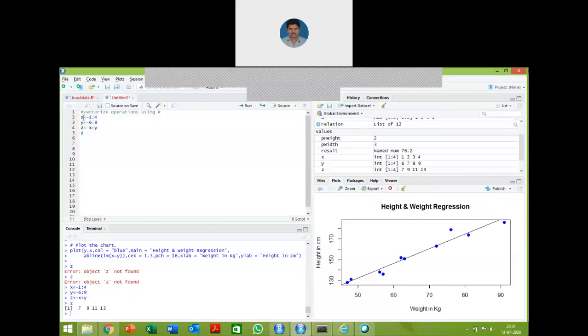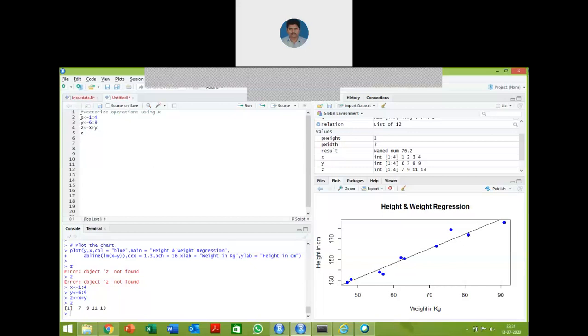In an R script we are unable to directly use the vectors. We use the vectors with the help of a function. If you want to perform any operation in R language, you need at least one function. Here in this R script, we did not use any function. That's why the system will generate an error.